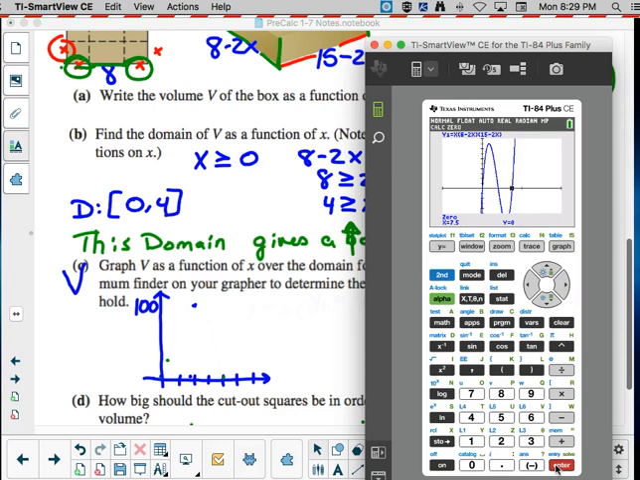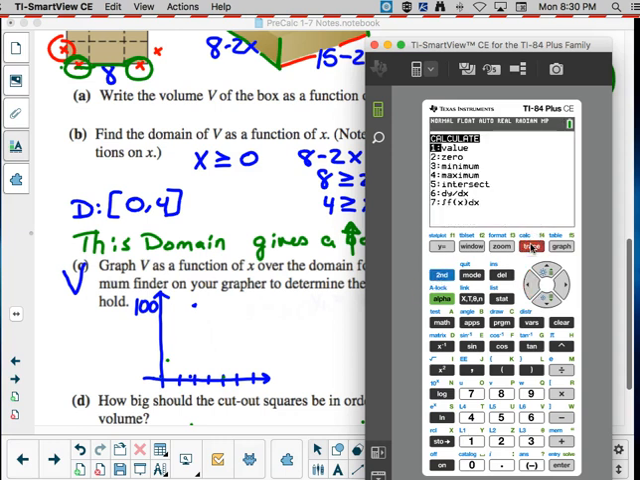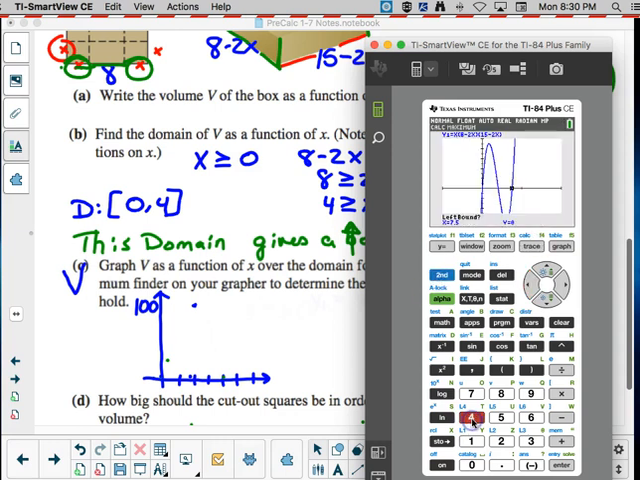But from 4 to 7.5, those are negative values. I don't want negative values in my volume. So I'm looking at second calc. I want to know a maximum. That's at 4. And my maximum's over here. I want to know what the maximum volume is. So I'm going to sit here and hit my maximum. So I arrow back over and hit that. My maximum